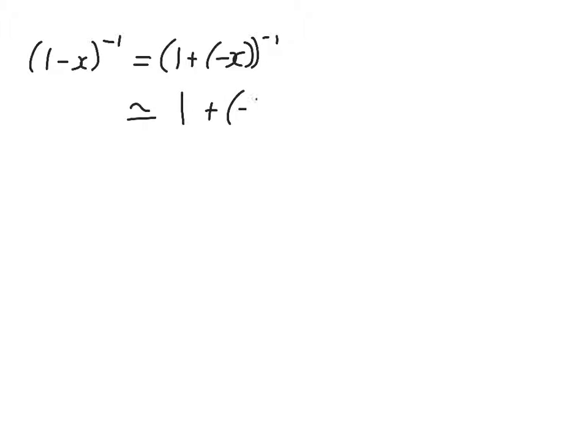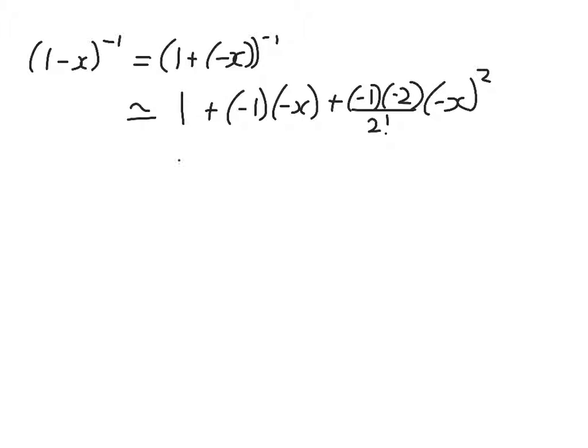Alright, so here's my first one. 1 minus x to the negative 1, which is equal to 1 plus negative x to the negative 1. And we're just going to go to the cubed power. So it's going to be 1 plus nx, so using my binomial formula, it's going to be negative 1 times negative x plus negative 1 times negative 2 over 2 factorial. And the last one,